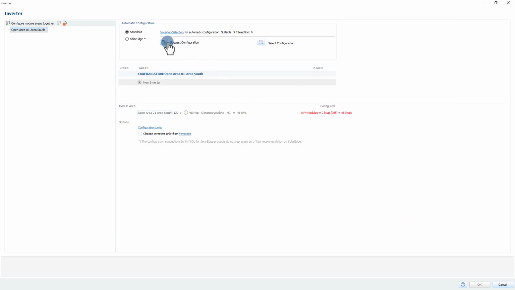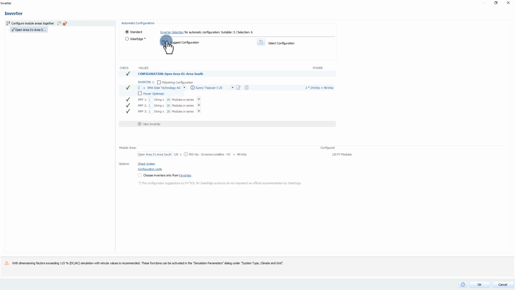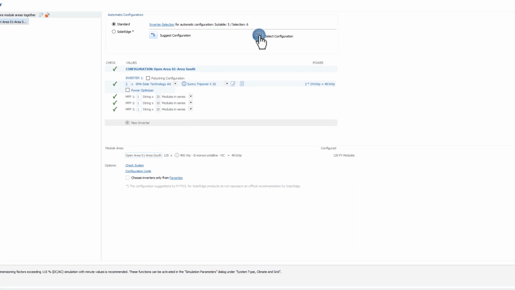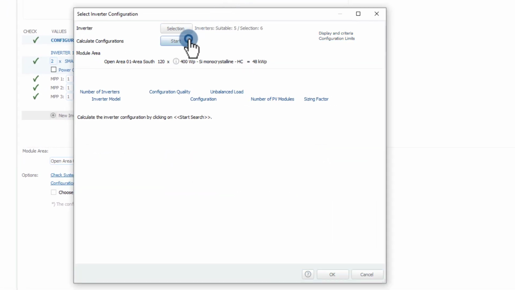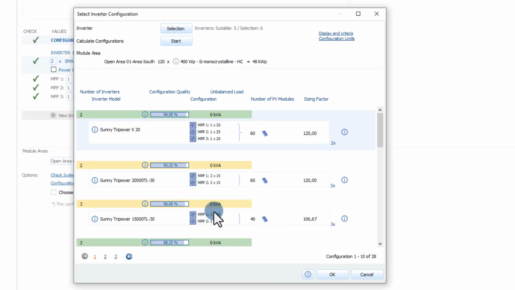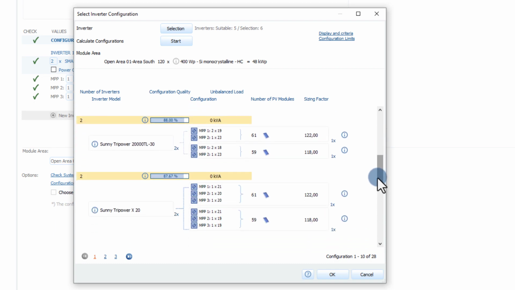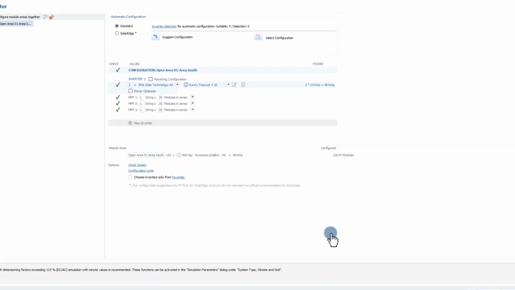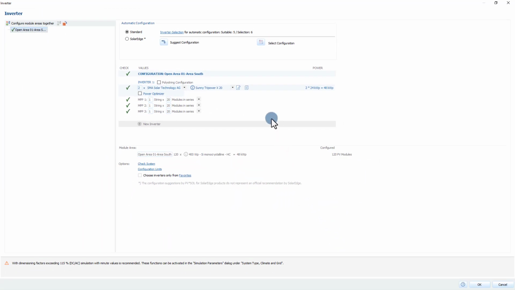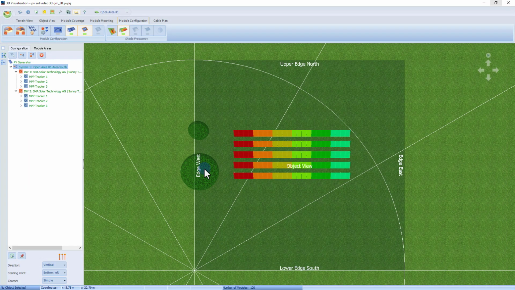By clicking on the Suggest Configuration arrow button, PVSol automatically calculates the best configuration from the selected inverters. In the Select Configuration menu, you can also see and select other possible configurations. Of course, you can also make your own configuration in the main window. A click on the OK button applies the configuration to your system.